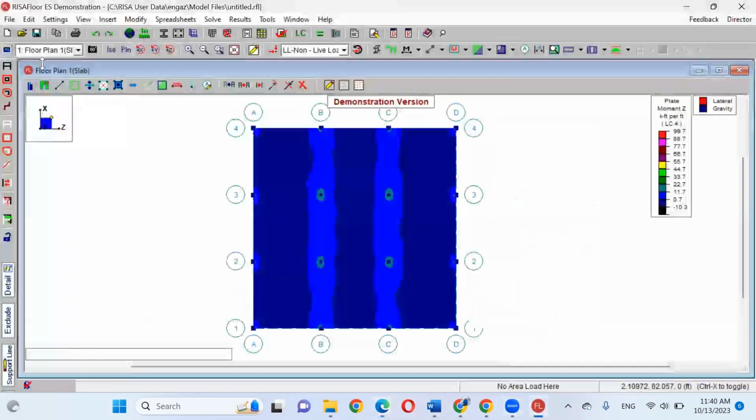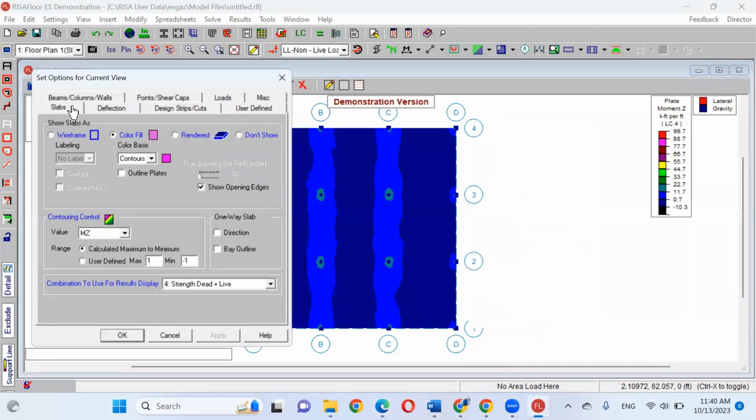One more time, if you go back, slabs, color fill, contours, and you select MX, keep in your mind, you have to select the correct combination, which is strength dead plus live, because we have strength dead only without live load. This is a case of loading.